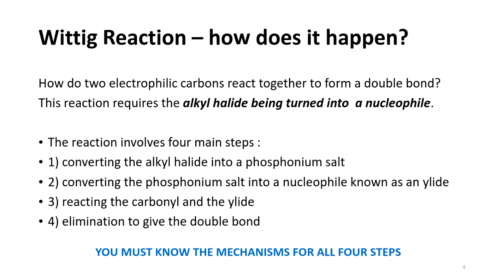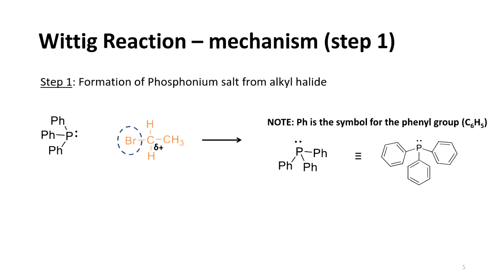So the first step normally involves generating the ylide, and now we start with an alkyl halide, which we convert to a phosphonium salt. In the presence of a base, we create the ylide, and then the ylide reacts with a carbonyl compound to give a double bond. So let's look at an example of the reaction mechanism. The first step is generation of our ylide. So we start with